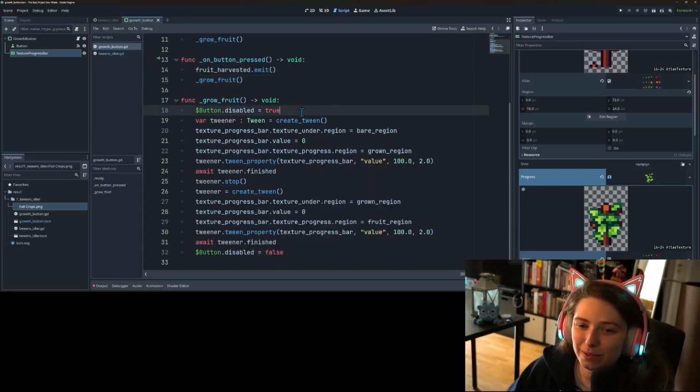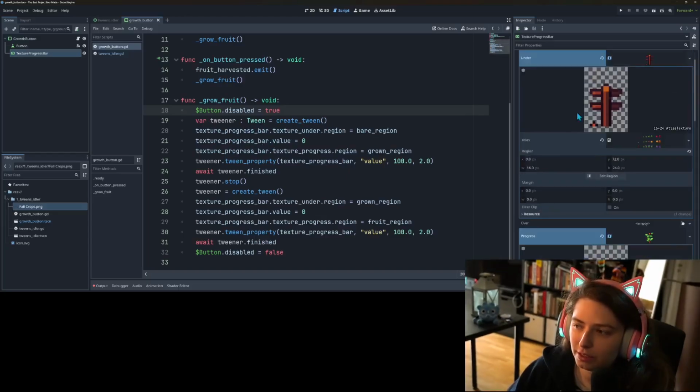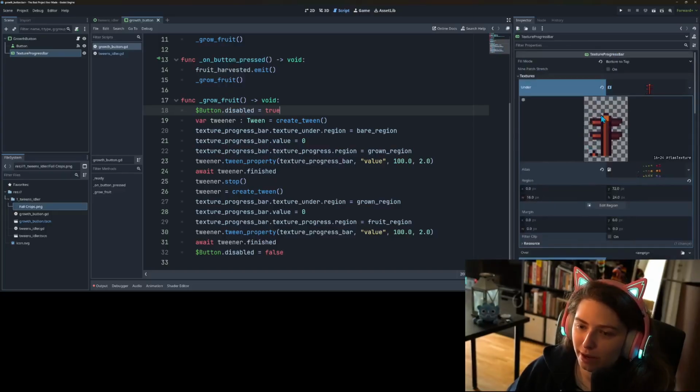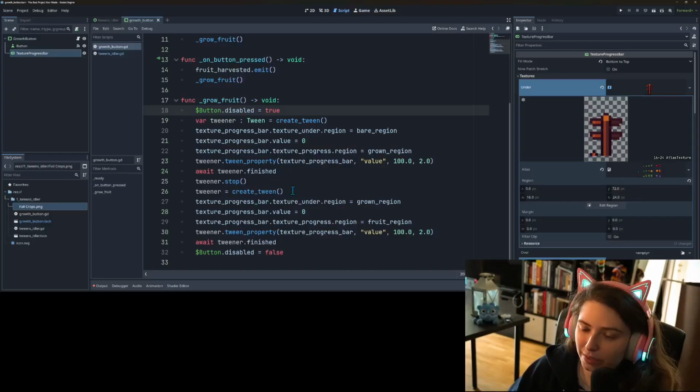So we disable the button when we're growing the fruit so you can't click it again. We create a tweener, or a tween called tweener. We set the regions so that it's this and this with the value 0, so you only see the bear. And then we run a tween to bring it up to a value of 100 in 2 seconds. We wait for the tweener to finish, and then we stop it. We create a new one. I'm not sure that it's necessary to stop it when we're creating a new one, but